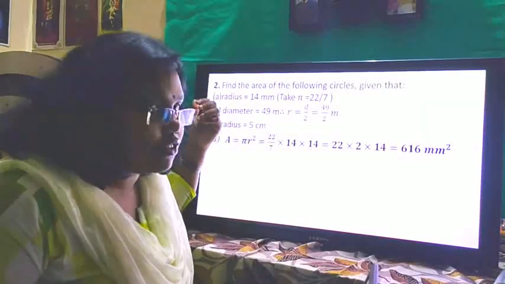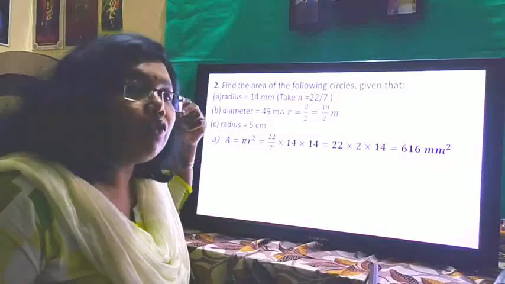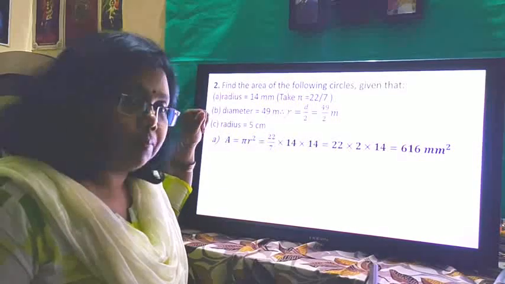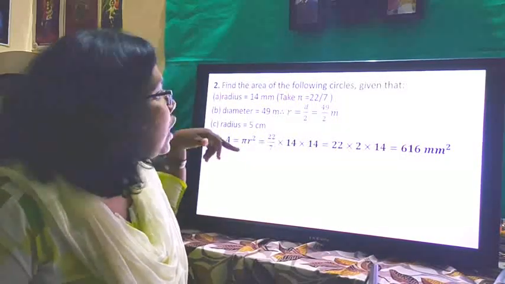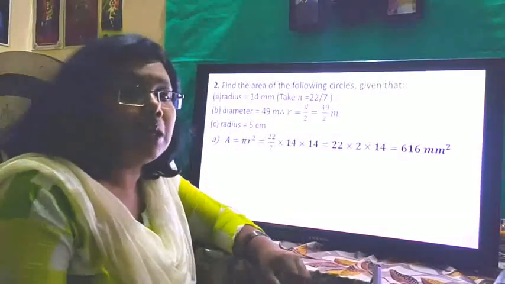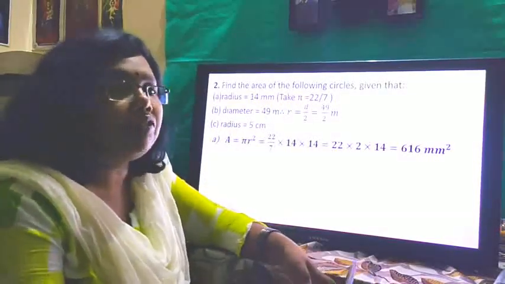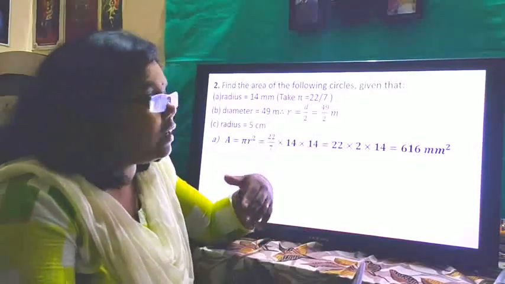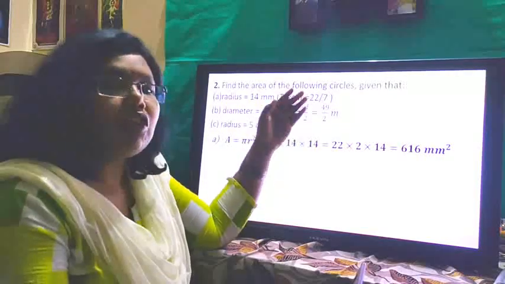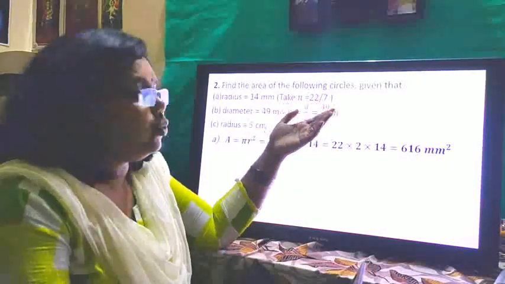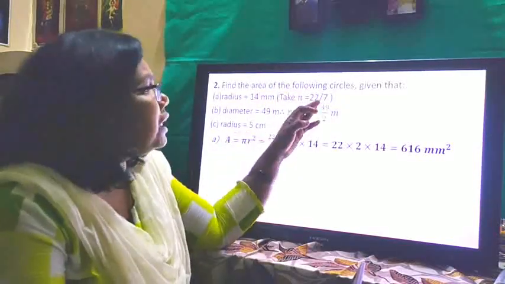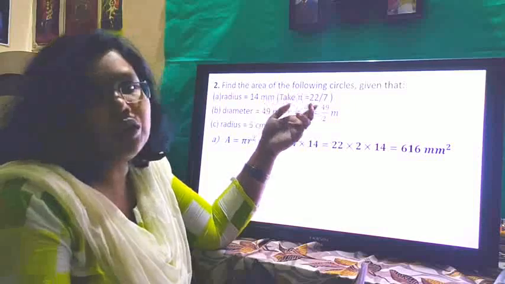Now in the second question, we are given the diameter. Diameter could be used to find circumference directly, but the formula of area is A is equals to pi r square. R square, not diameter. So we have to first convert this diameter into radius. And when we are converting diameter into radius, that is nothing but diameter divided by 2. Half the diameter is our radius. So 49 divided by 2, that is d by 2, 49 by 2. You could directly use that, or you could say 24.5, that also could be used. But here 49 by 2 is easier way to calculate.